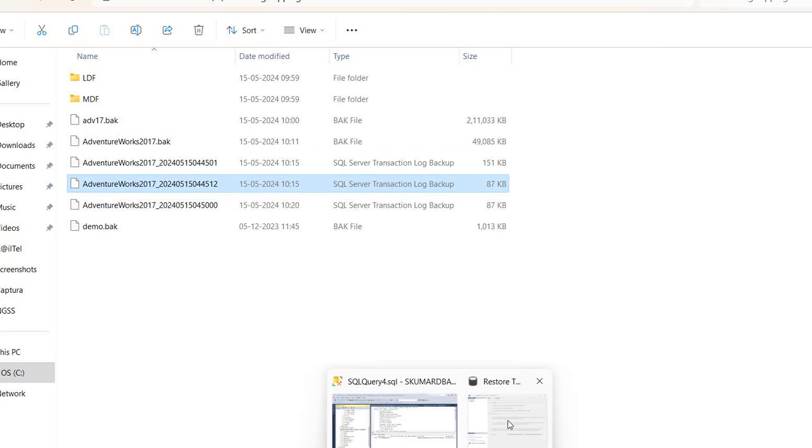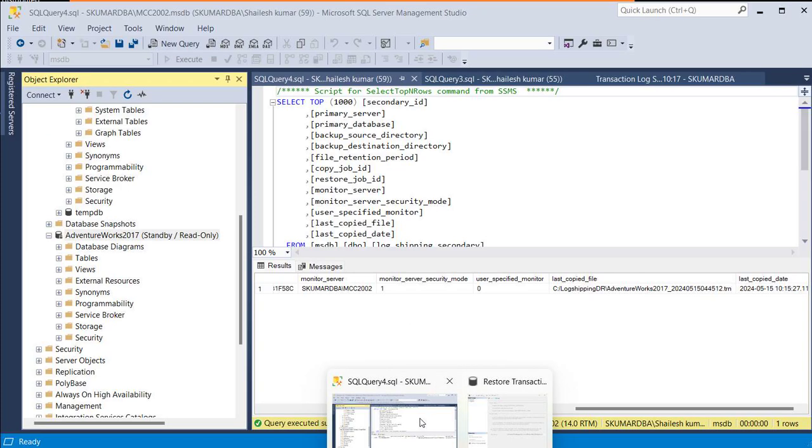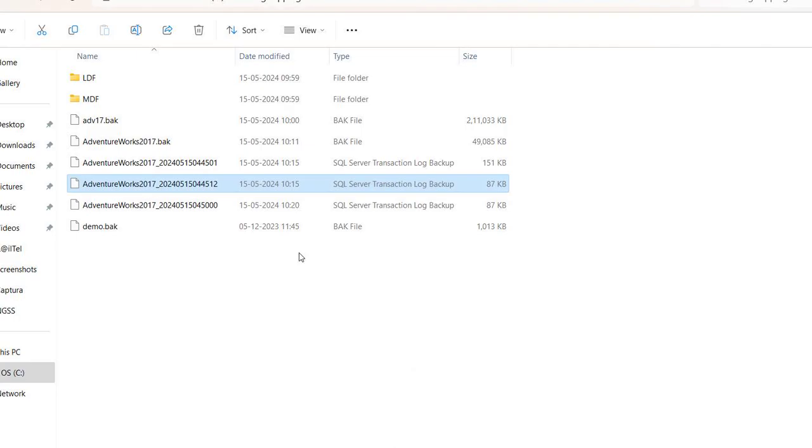The log backup set begins with an LSN which is too recent. So we don't have it. This happened due to